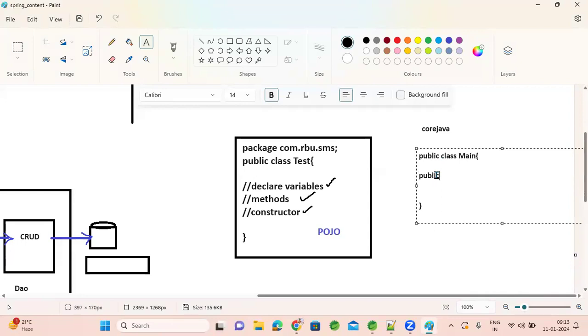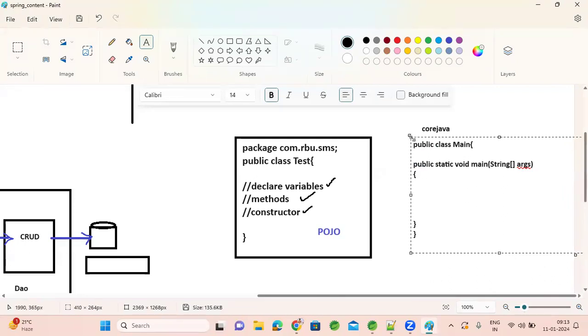There we will write public static void main, string array of arguments, and here we create the object in Core Java. How? Test reference variable, any name, t equal to new Test.